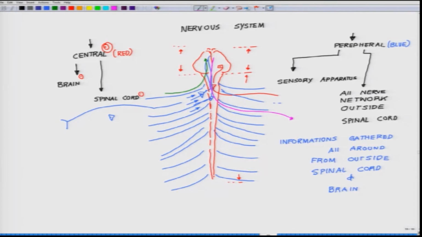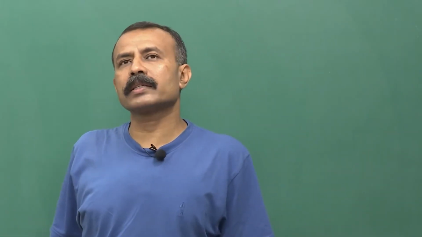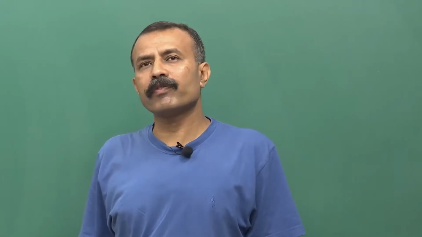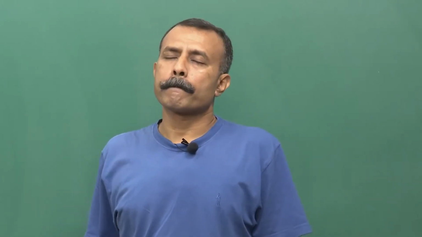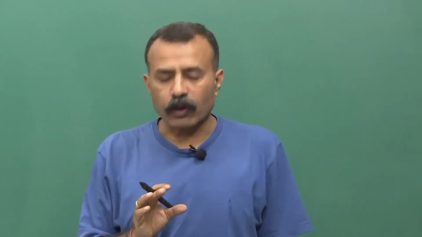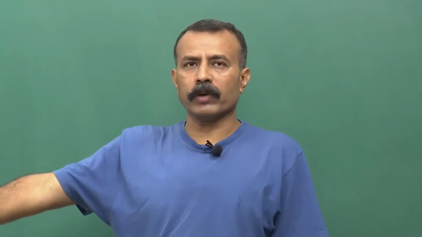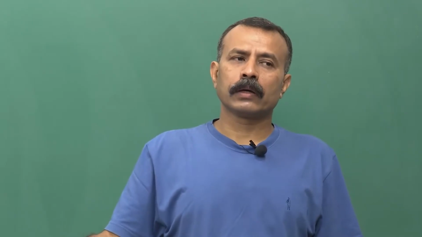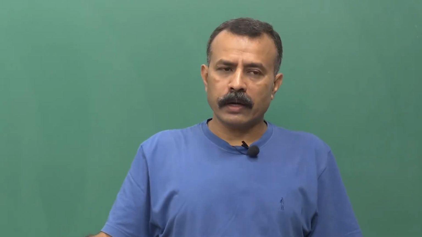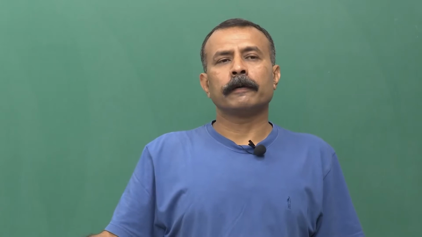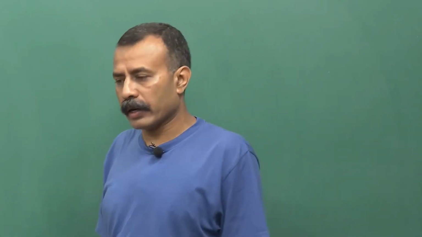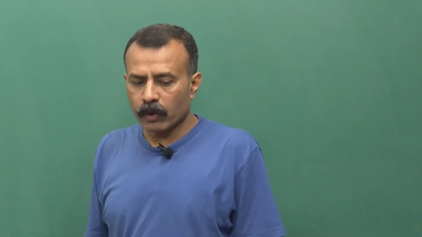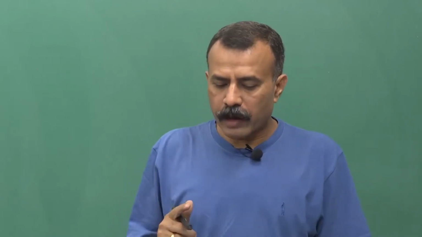Interestingly, if you look at a motor neuron, part of its cord is well extended away from the spinal cord all the way into your muscles, and that has its own anatomical modification. We will come later into it, but for the time being